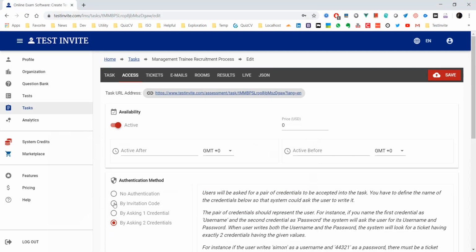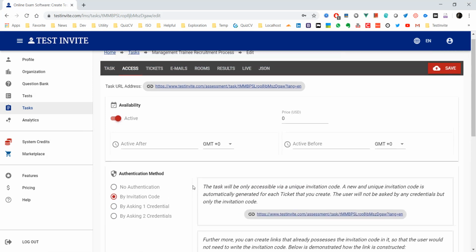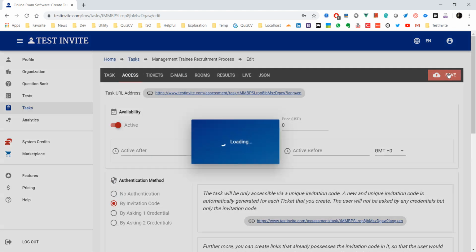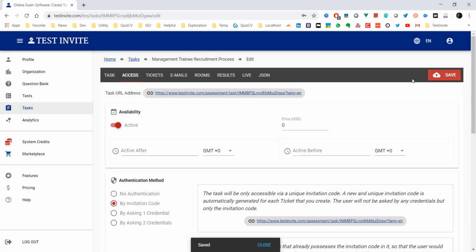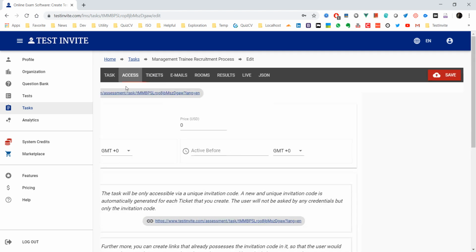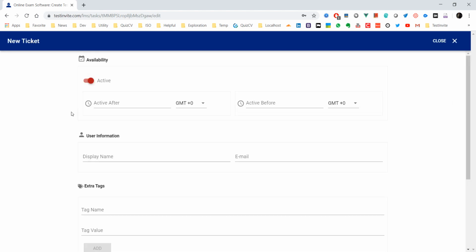Let's update again so that we see how the authentication method by invitation code works. Okay. For it to work, we have to create tickets for by invitation code, by asking one credential, and by asking two credentials. You have to create tickets so that people can enter valid values. For instance, if it is invitation code, now when I create a new ticket, the system only asks